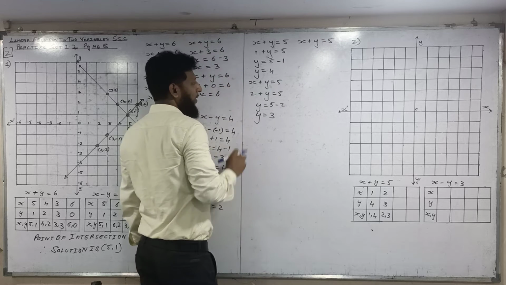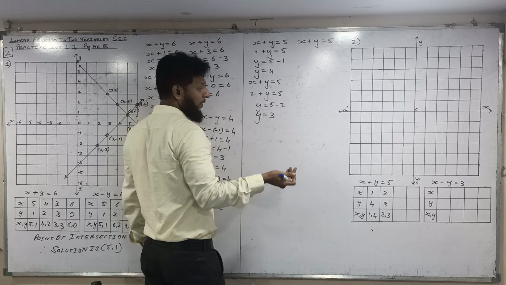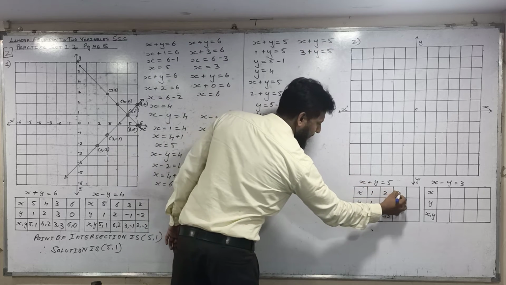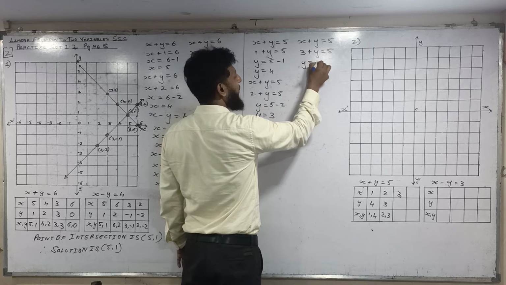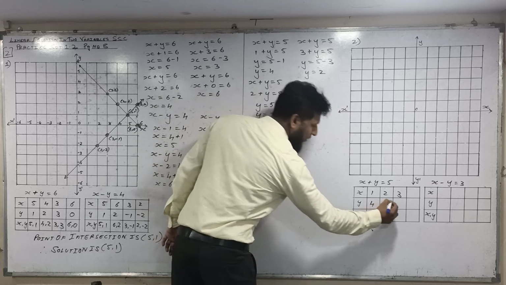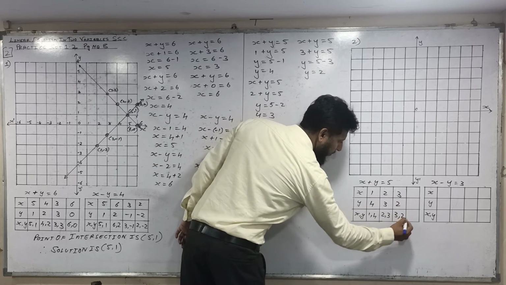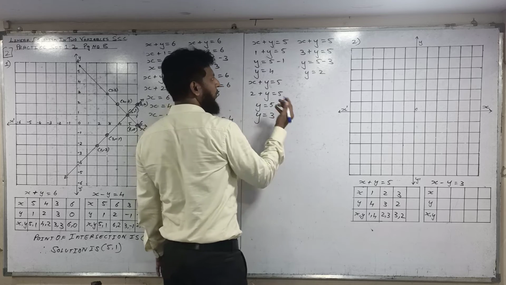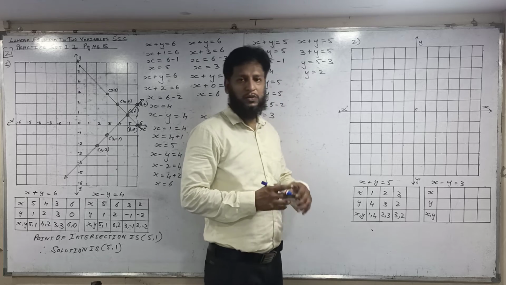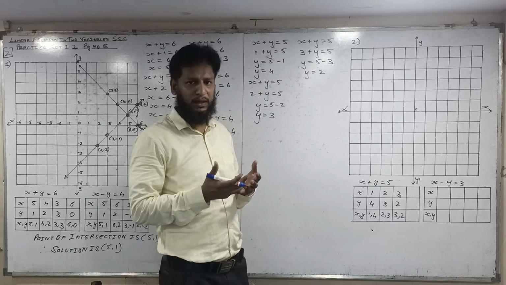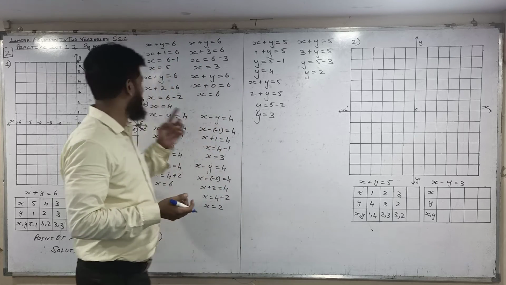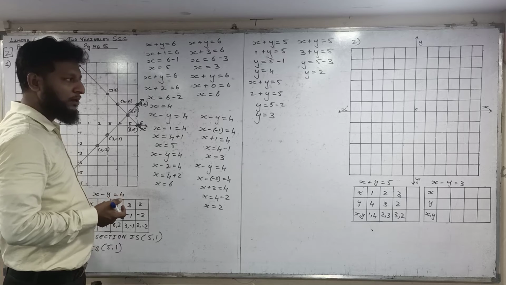Now if I will take x value 3, then y is equal to 5 minus 3, y is equal to 2. Okay, so 3 and 2. Now one negative value I told you: all numbers are positive, so all points will remain in the first quadrant. So to draw a line, for convenience we will take one number negative so that it can cross the quadrants.